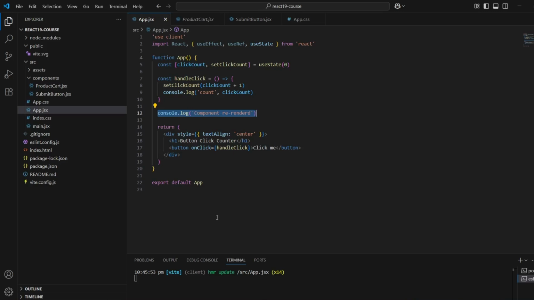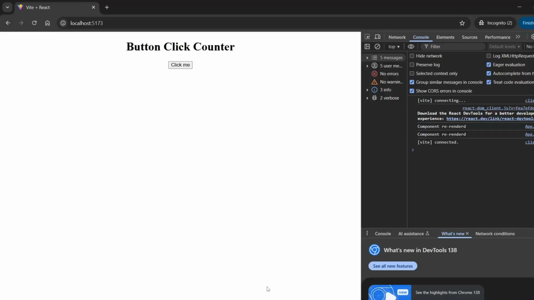Now let's go to localhost and check how it's working. Let me refresh it. As you can see, it first shows component re-rendered. Now let me click the button. Okay, so now I have clicked. If you notice, I'm increasing the count by using useState.